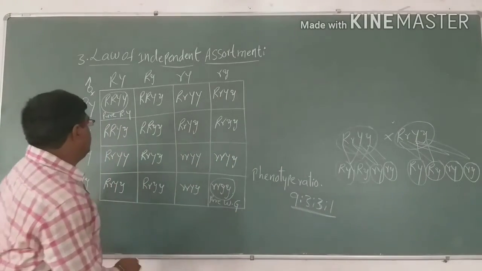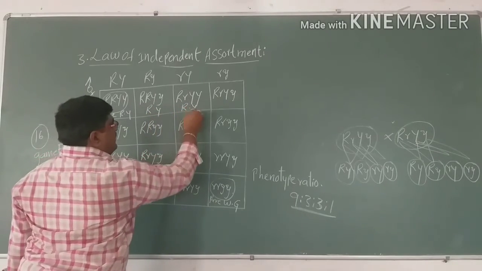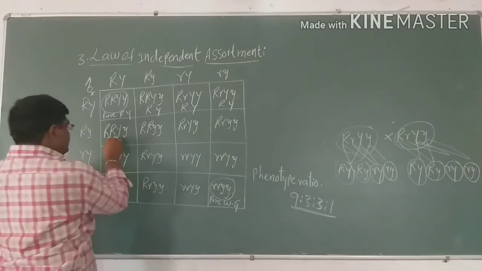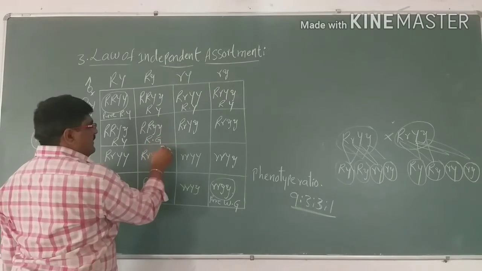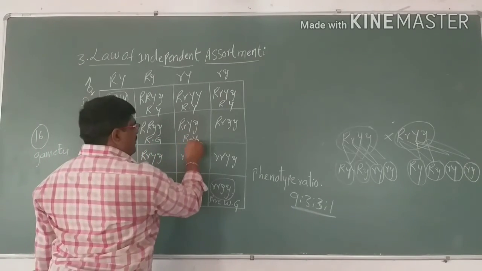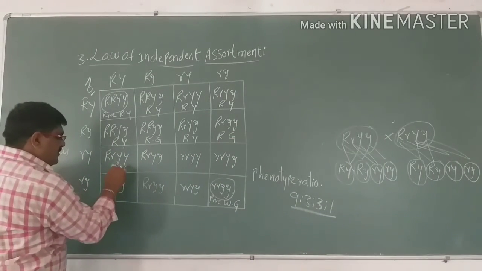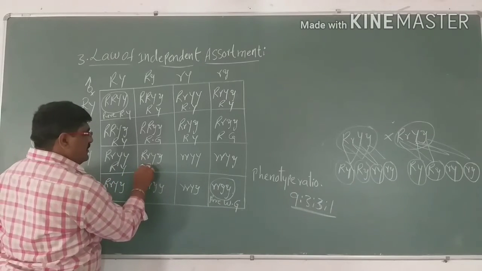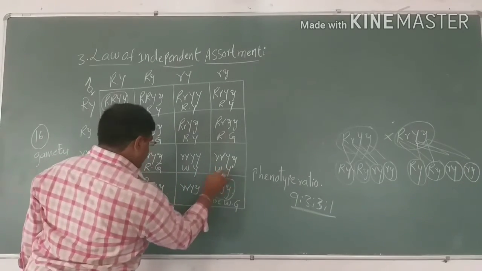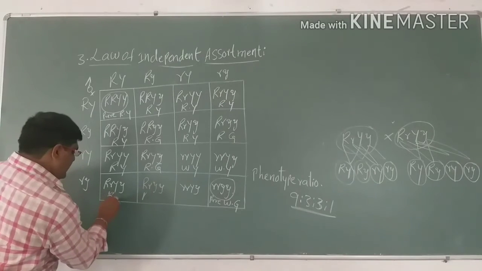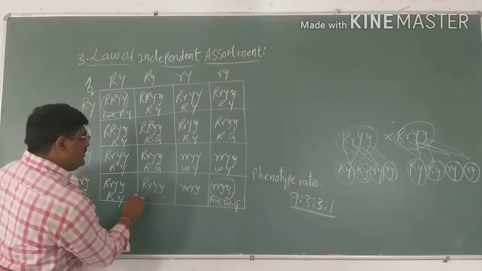That is, if you say that is round yellow, this is also round yellow, this is also round yellow, this is also round yellow, this is also round yellow, this is round green, and this is also round yellow, here it is round green, and here it is round yellow, and it is round green, here a wrinkled yellow, here also a wrinkled yellow, and it is a round yellow, and here it is a round